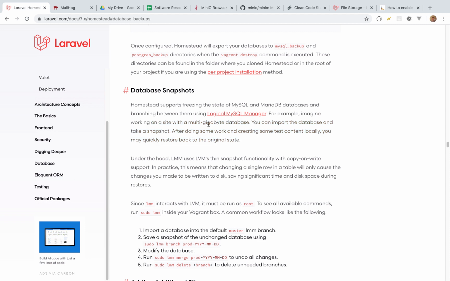I guess that's not too bad. Multi-gigabyte database. You can import the database and take a snapshot. After doing some work and creating some test content locally, you may quickly restore back to the original state. Under the hood,